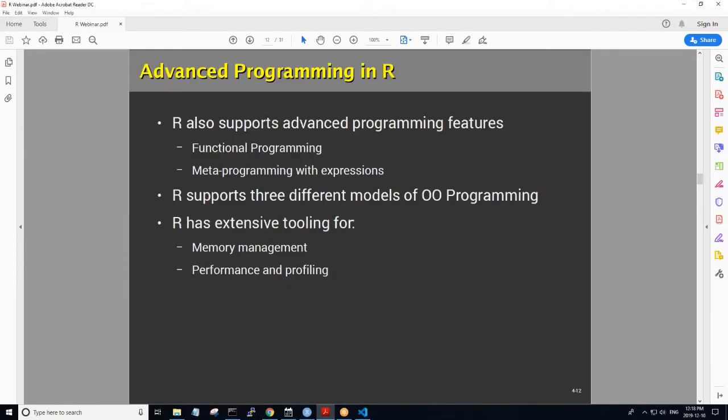The other thing about R that a lot of people don't realize is that it has a lot of very advanced programming features, which become very powerful. It supports functional programming. It supports 3 different kinds of object-oriented programming with 3 different object-oriented programming models. It has an extensive library for memory management, performance, and profiling, so that we can actually do various kinds of analytics on the algorithms that we're using, seeing how they're performing, performance bottlenecks, what's going on inside of our analysis.